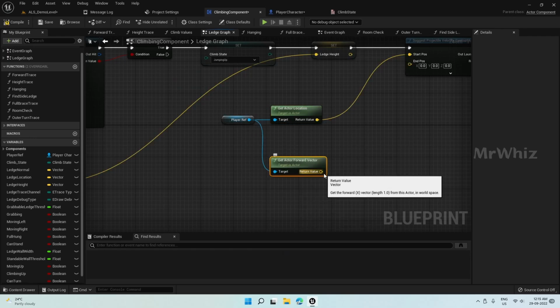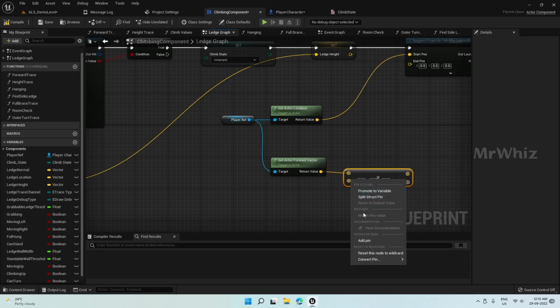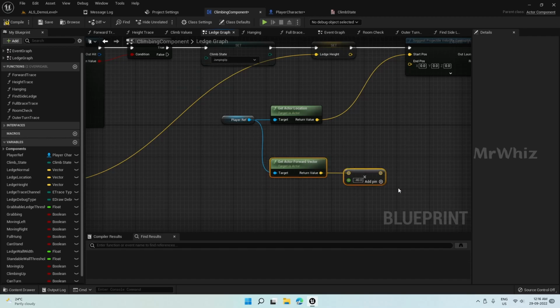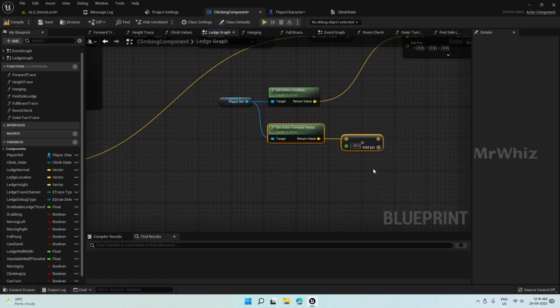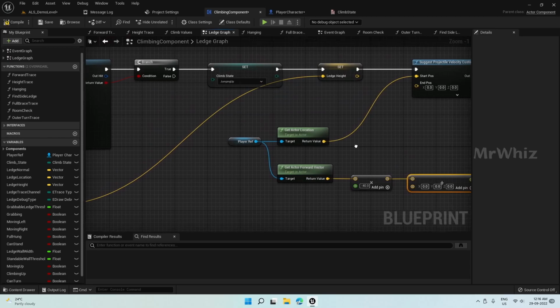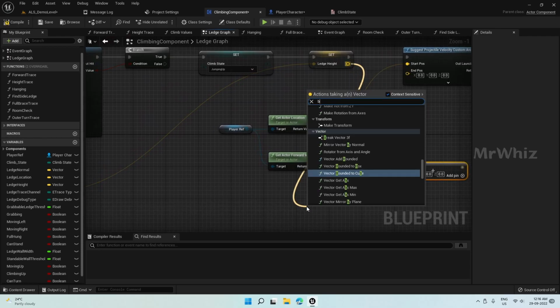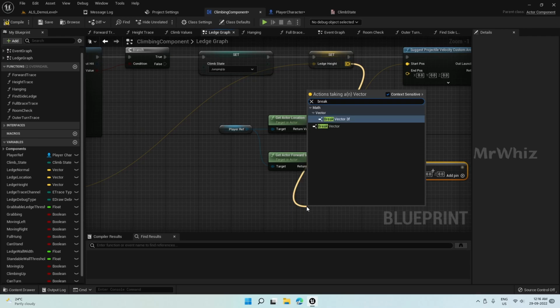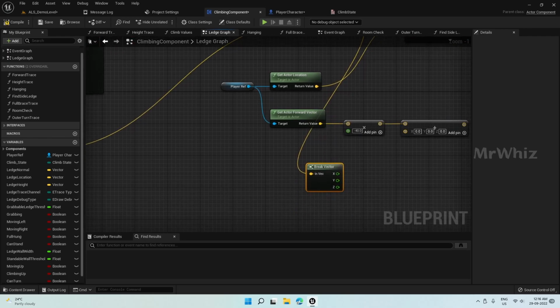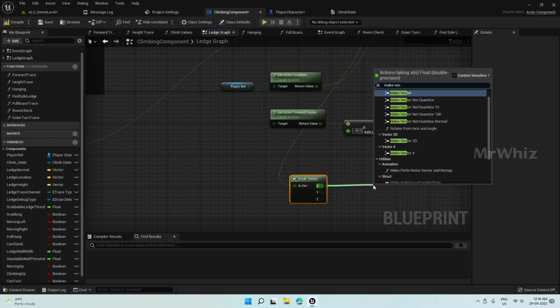world vector into, change this to float and put -40, because the character has to come a bit back and then jump, or else the character will be colliding with the wall. Add this to get the ledge height, break the vector, make vector,